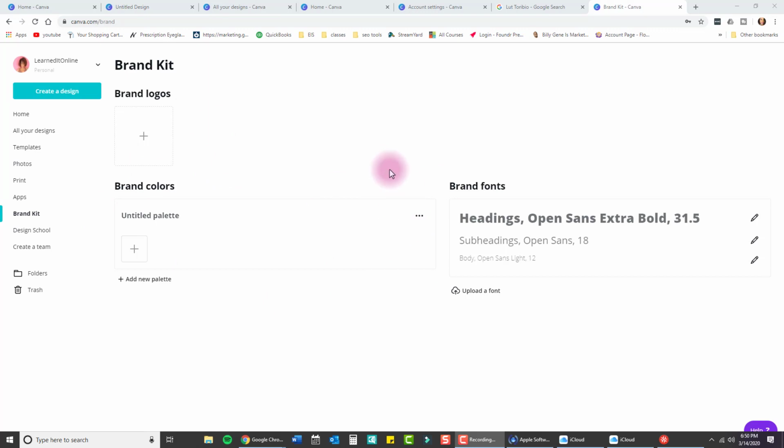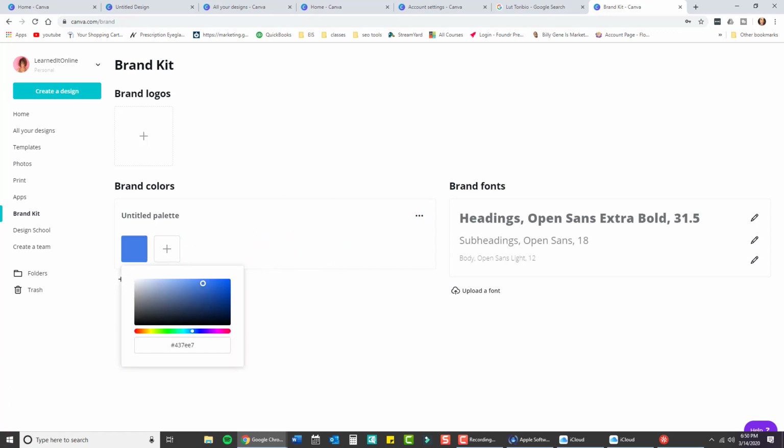But what I want to show you here are your brand colors. So I'm going to go ahead and go through and actually add my brand colors. But what I'm going to want to do is title this palette. So for instance, for me, I have different brand colors for each of my separate brands. So you can actually add separate palettes here. So I clicked on plus. It's a little slow, but I'm going to go ahead and add in the hex number for my